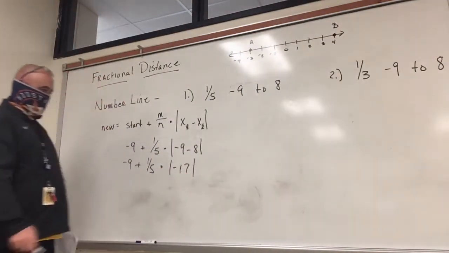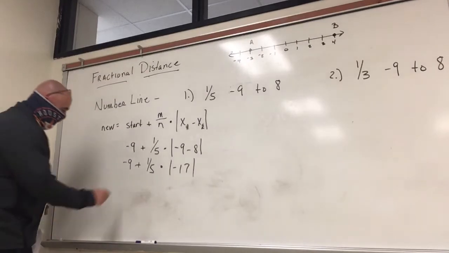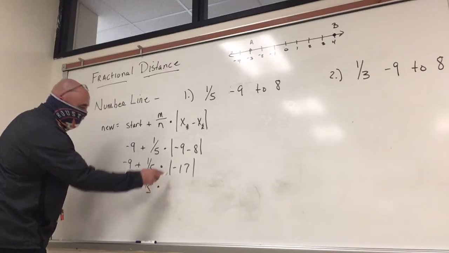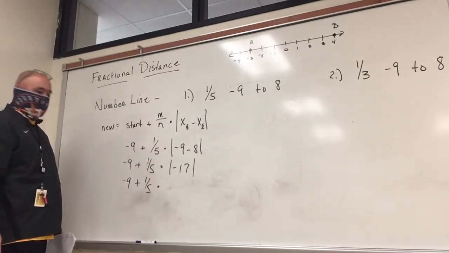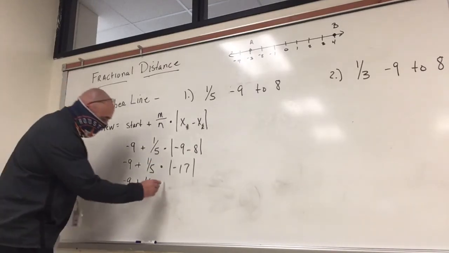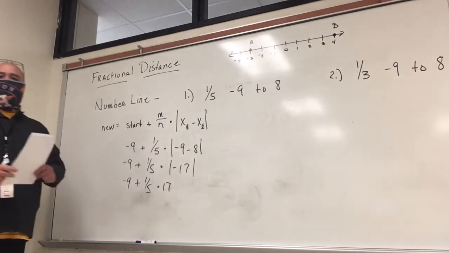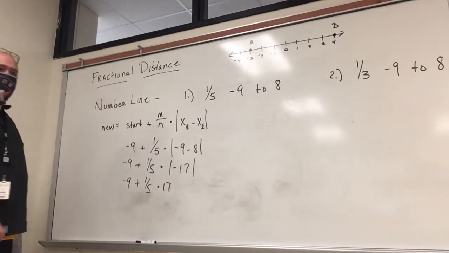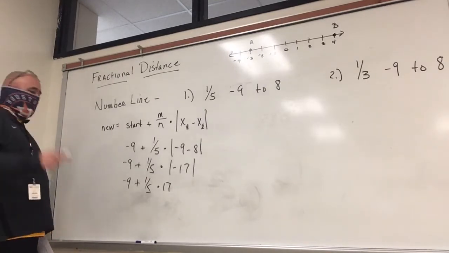Okay? Alright, we got -9 plus 1/5. What's the absolute value of -17? Positive 17. Alright, everybody take your calculator. Here's how I want you to type this down, because it makes a difference how you write it down. Everybody type -9